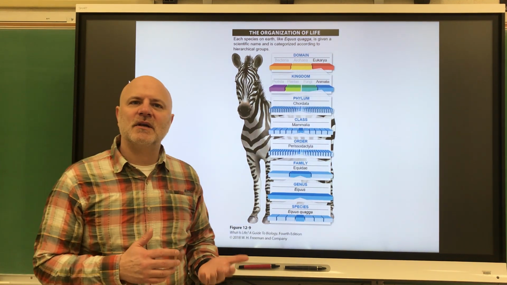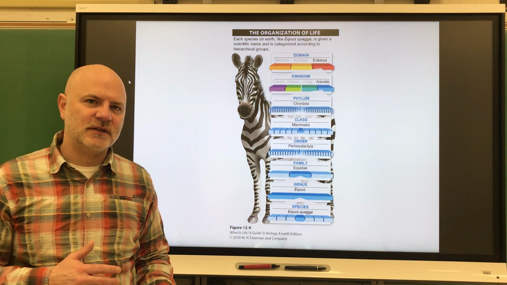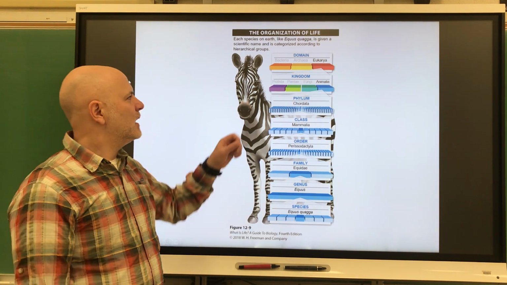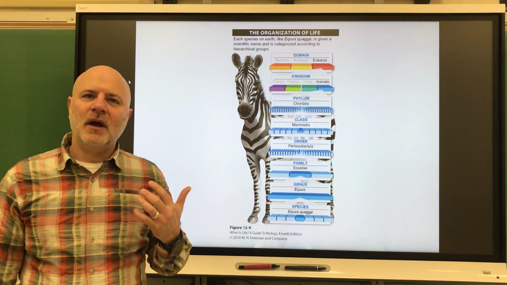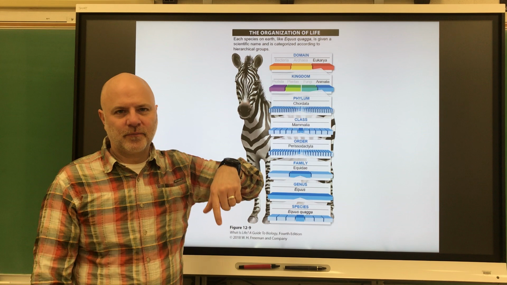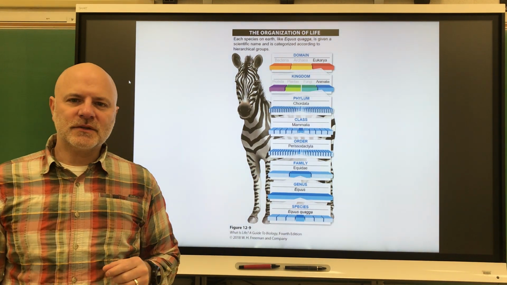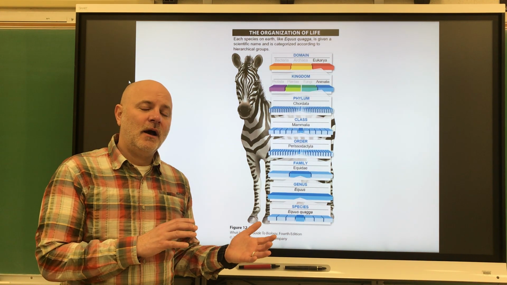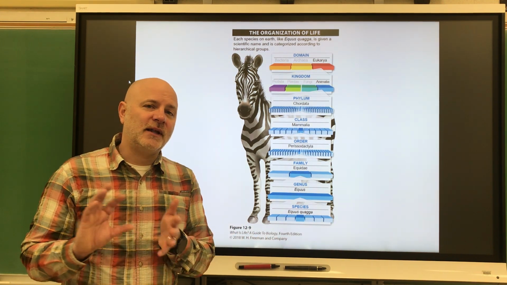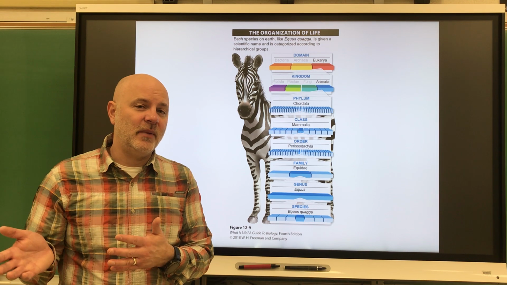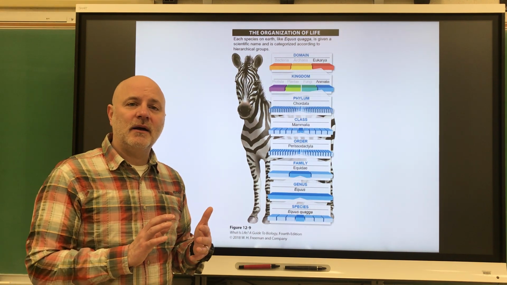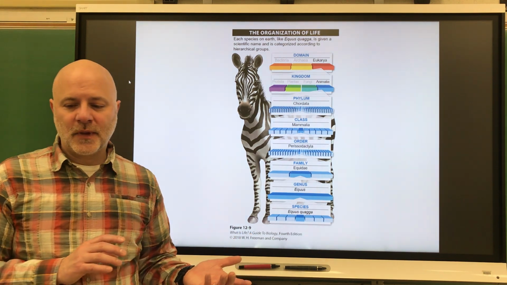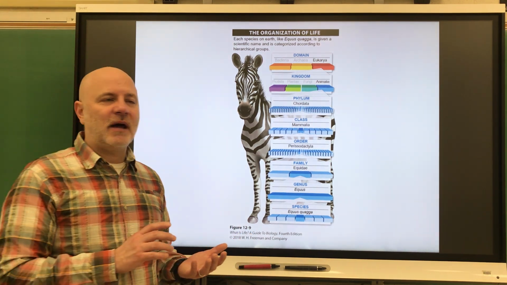Now there have been some modifications to that classification system over the years. So his top category was kingdom. Ours now is domain, all right. So for him, he classified everything as either being a plant or an animal. And if it moved, he classified it as an animal, so in the kingdom Animalia. If it didn't move, he put it in the kingdom Plantae. All right? So there's obviously been modifications to that.